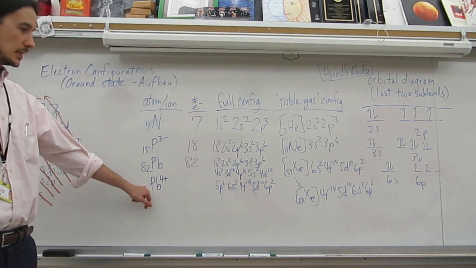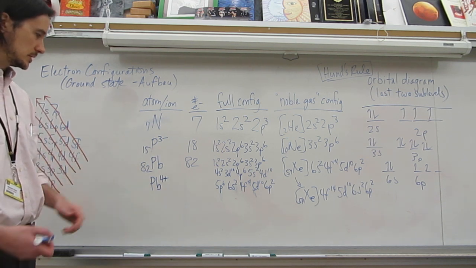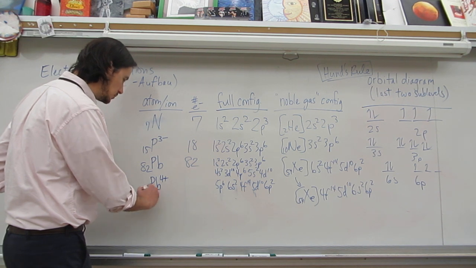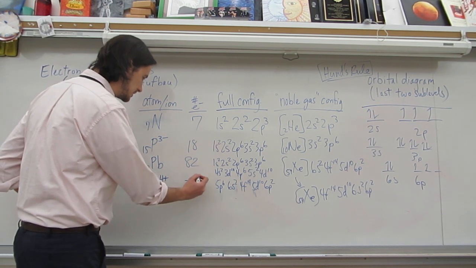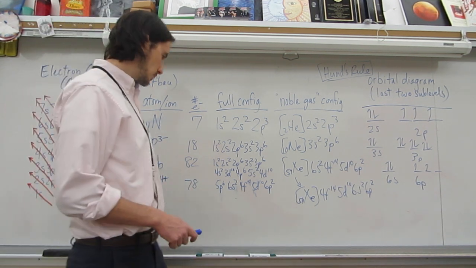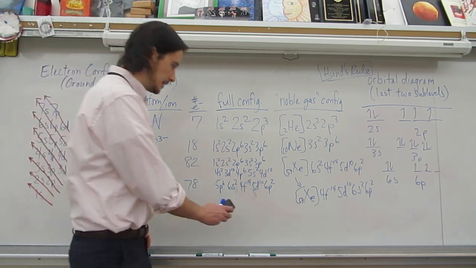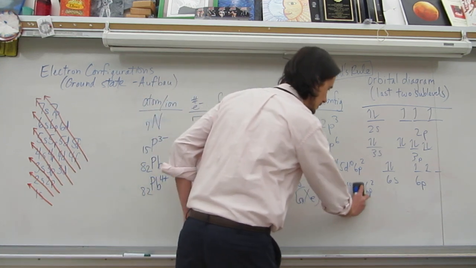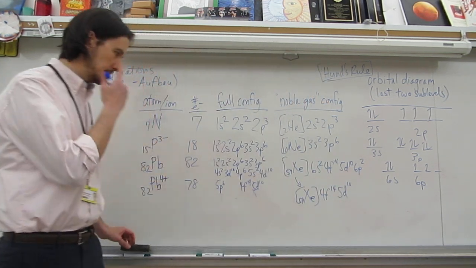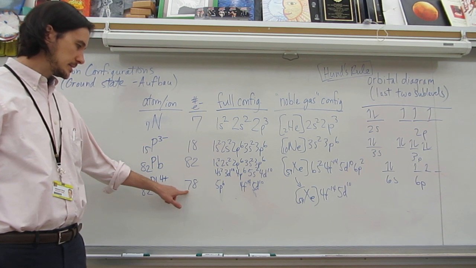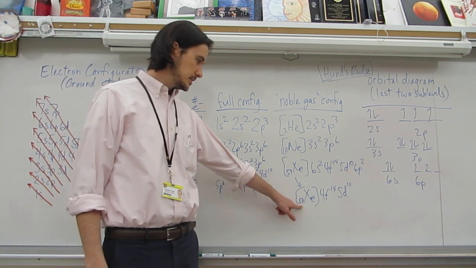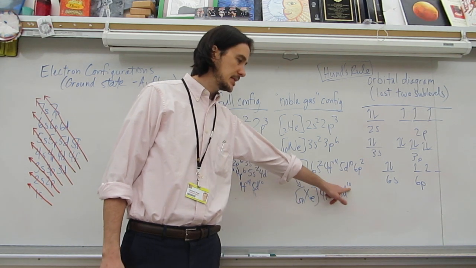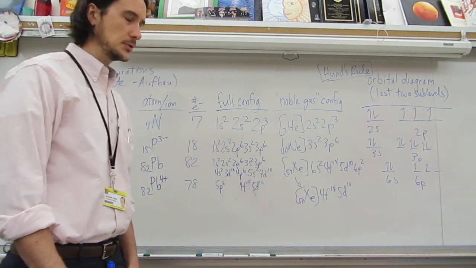Next is Pb4+, and I just did that so that you would see which electrons are removed. So we have 82 minus the 4 electrons, so we should have 78. And the ones that we're going to get, I'm not going to redraw that whole thing. The ones we're getting rid of are the 6p and the 6s. And you can double check the numbers. We've got 78 electrons that we need. Xenon is your 54, plus 14 is 68, plus 10 is 78. So always count your electrons, make